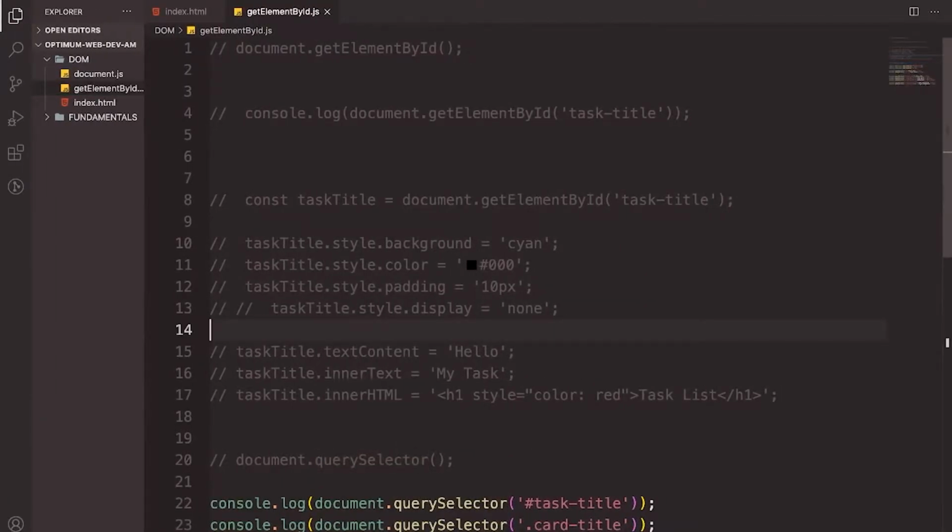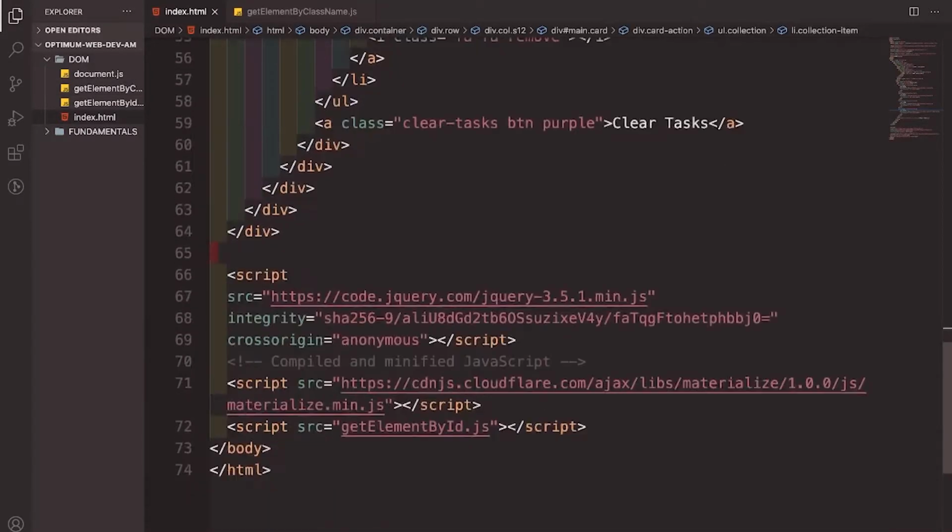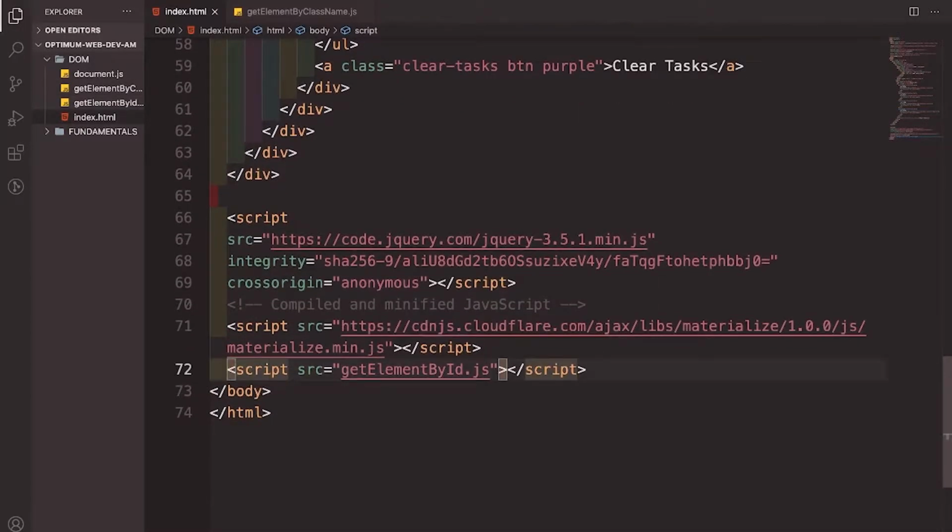Yeah, so again, like what I said, we're done with the getElementById method and querySelector. So now I'm going to create another file para at least mas malinis siya. getElementByClassName.js file. Alright. So let's make sure na ma-change natin yung script natin with the source of getElementById to